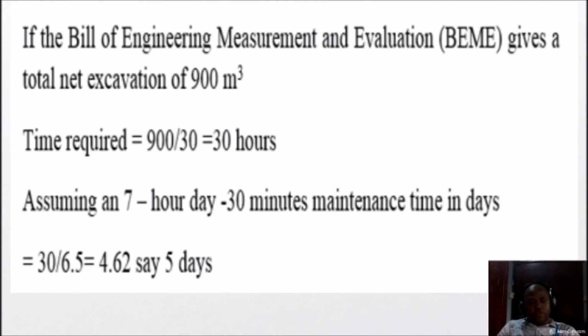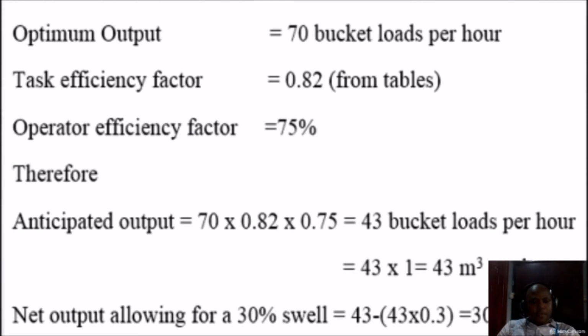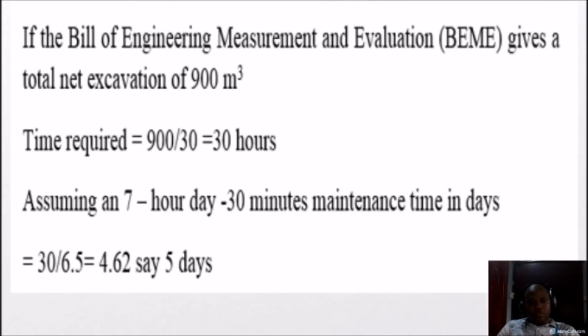Remember that in the previous calculation we said our anticipated output, we got 43 multiplied by 1, which is the cubic volume of the bucket of that excavator, which gives us 43. Then considering swell, we reduce this to 30, which is 43 minus 43 times 0.3. Earlier said 0.3 is obtained from 30 divided by 100. So we have a net output of 30. So we'll divide the total volume of excavation from the BEME, which is 900 divided by 30,